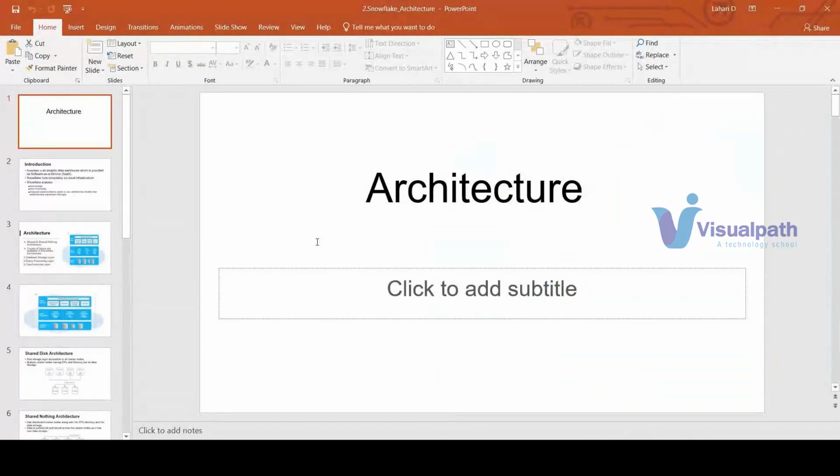Okay, today we'll discuss the Snowflake architecture. It will be a complete theory class only for today. And later, a few guys have issues in taking the trial version, right? So we'll just give an overview of how to take a trial version of the Snowflake account. So coming to the architecture,